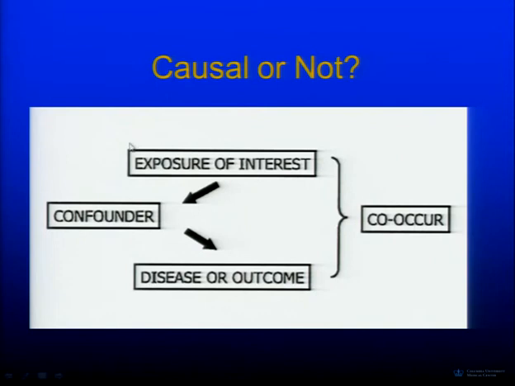Then we want to think about, we have this exposure, we have this disease. Is it really some confounder, one that we collected the data on and we can do analysis and try and control for it and see if this relationship goes away? Or is there a confounder we forgot to collect? And we're concerned about whether this association is maybe just due to the presence of this confounder. And that's why we always want to do some of the control methods we talked about last week for confounding to get rid of that.